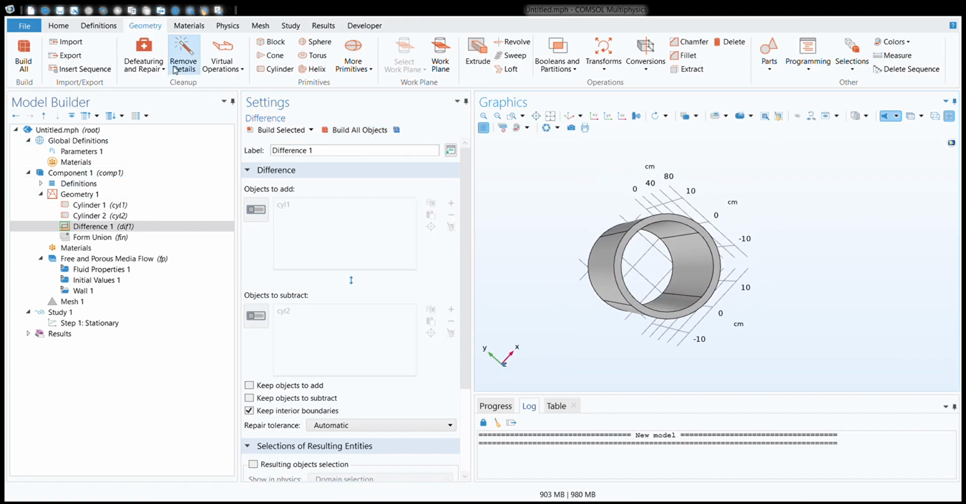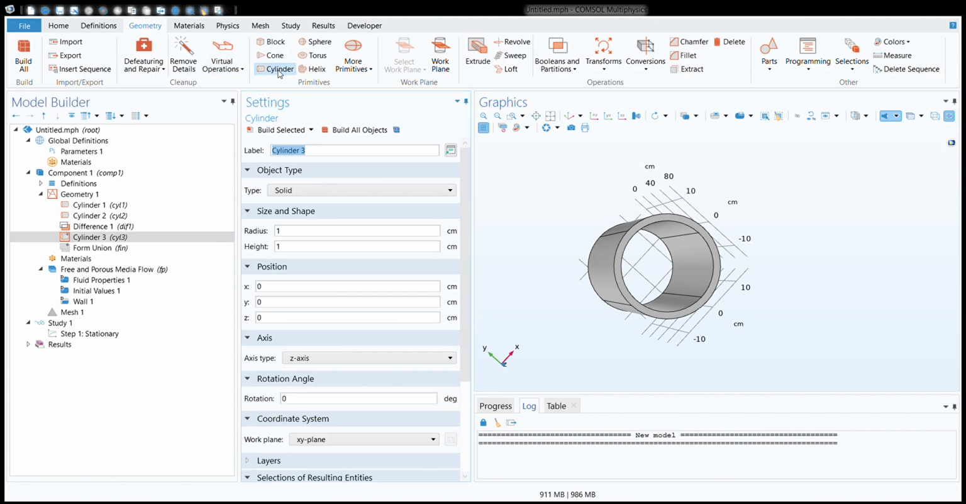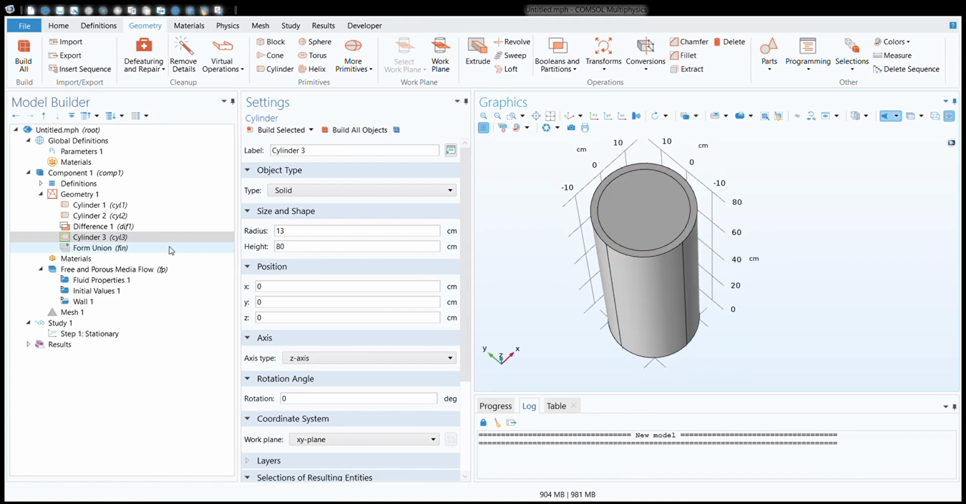Then again we will create a packed bed cylinder with a radius of 13 centimeters and height of 80 centimeters. Build all objects. Then the packed bed is created with the porous membrane. Now we have to create the annular channel membrane here. For that we have to create another cylinder